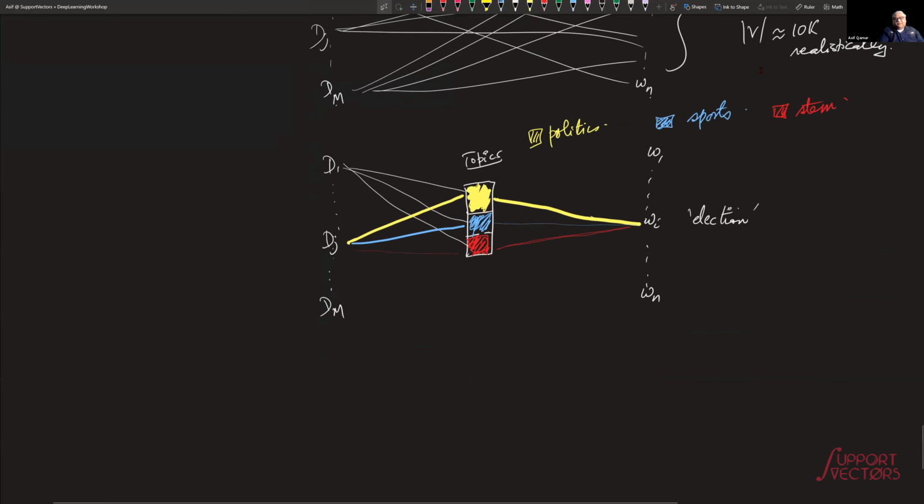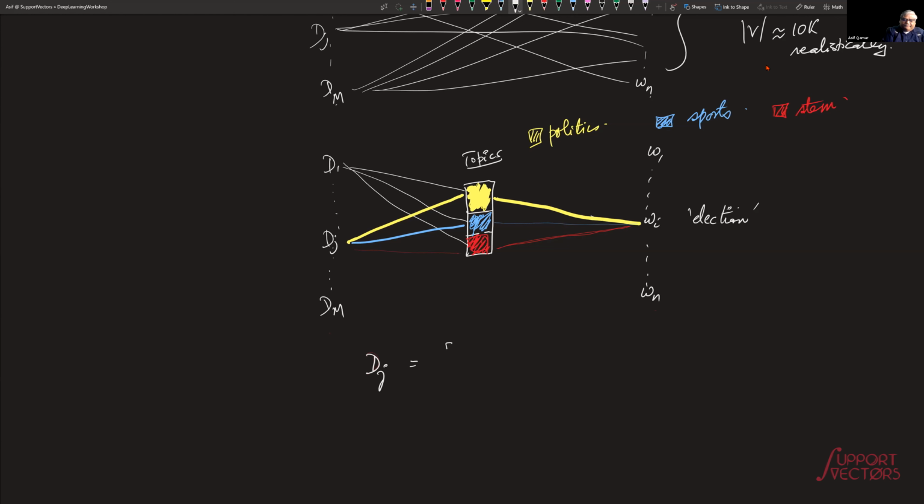So we will look with this level of interaction, but then comes the interesting question. Now wait a minute. How do we do a mathematical representation of this idea? You realize that these are vectors. We have a way to represent documents as vectors. We have a way to represent words as vectors. Now, once we bring in topics, what does that mean? How does it change the game? I can't represent a document directly in terms of words, which is what we were doing using the TF-IDF vector and so forth. Now I can write a document J